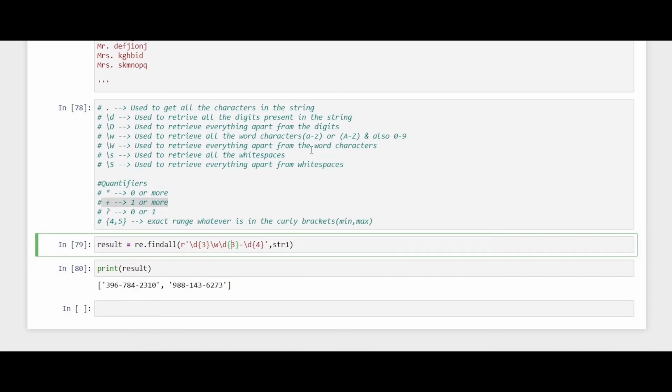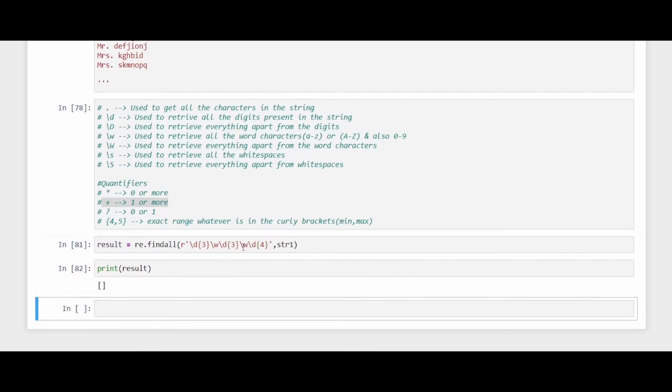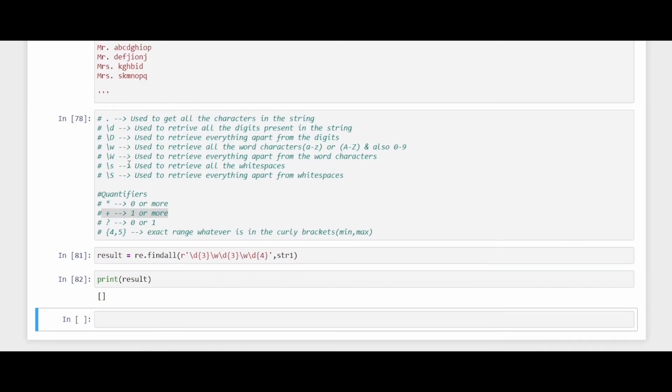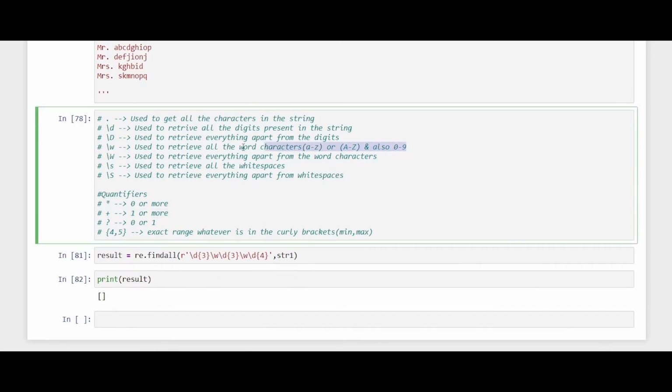Here it's used to retrieve all the word characters. So let's try it out. Here you can see that when I put slash w, it's going to give me an empty list, because hyphen and asterisk are not part of slash w.